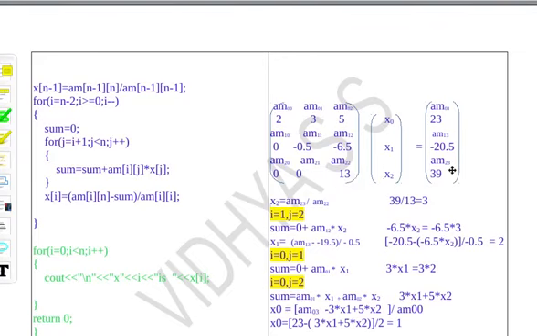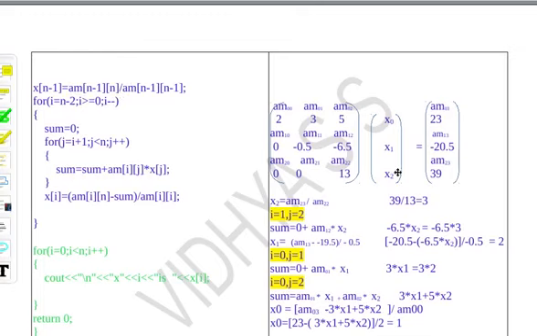Whatever is the number of columns will be the last column. The last element means we are having n minus 1 rows and n columns, right? Since n rows will be there, but the indexing starts from 0 to n minus 1. So a[n-1][n], n rows and n columns are there. So the last column, last element we will take,